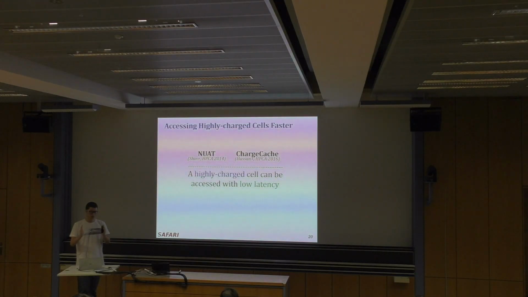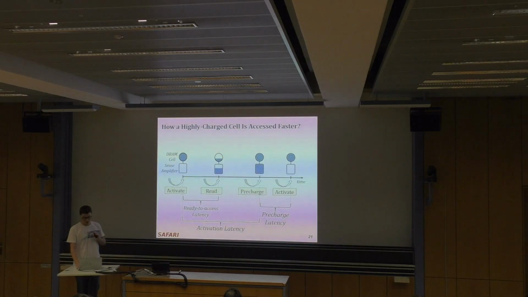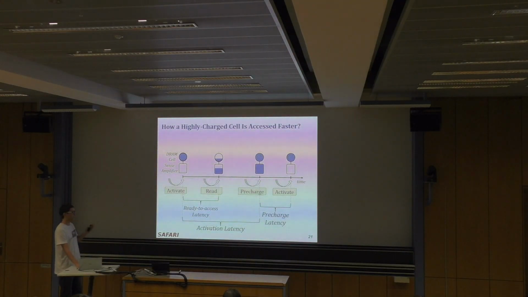So this means basically, if you know that cell is at that point, you can potentially access it much faster because you have more charge, and then charge sharing can happen faster. And let me show you here exactly what you can save. So if you know that the cell is fully charged, as depicted here,